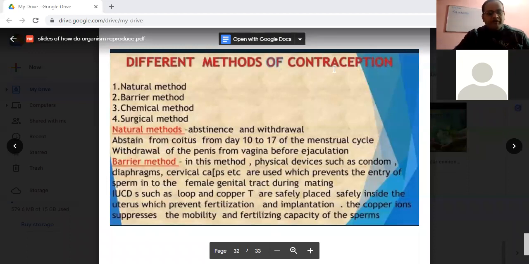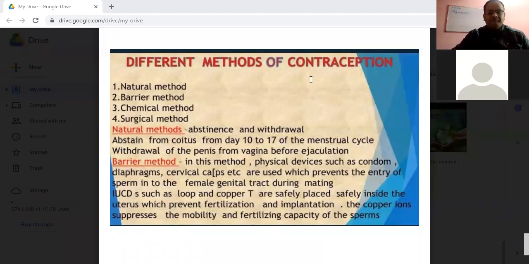One of the reasons for population explosion is the lack of family planning. That means they are not having proper family planning, meaning how many children they should have, and what the gap should be between two children. A number of problems arise from this lack of family planning. So today we will be discussing the different methods of contraception.